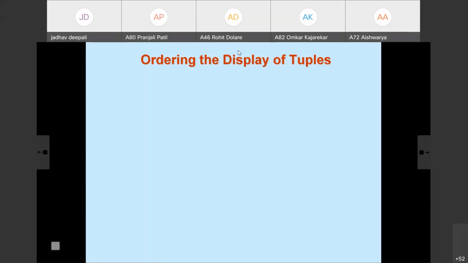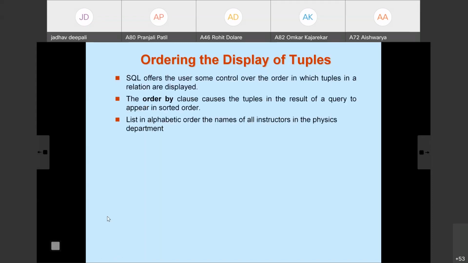The name of the instructor is whatever is there, not alphabetical. Salary is whatever is there, not numerically sorted. But if we want to display it in some sorted order, then it is allowed in SQL.